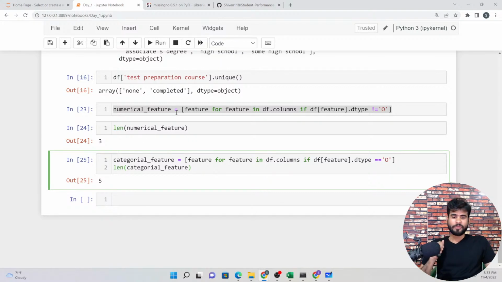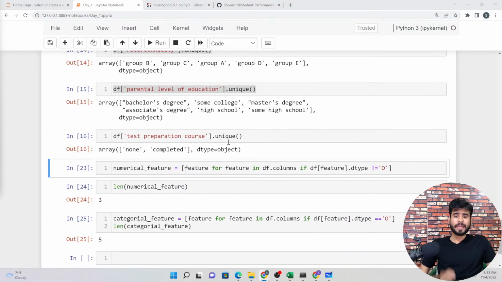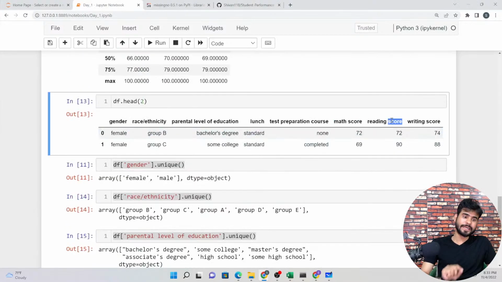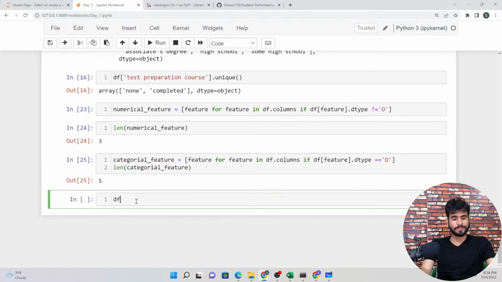So we have numerical features and we have categorical features. Now we have 3 numerical features: math score, reading score and writing score. Now I want the total score of every student that we have. So what I can do in this case is create one column, df dot total score.